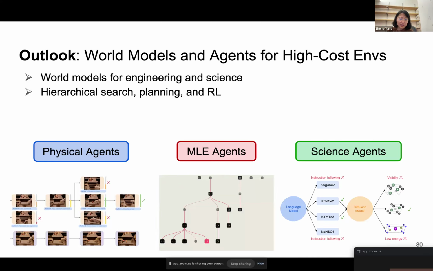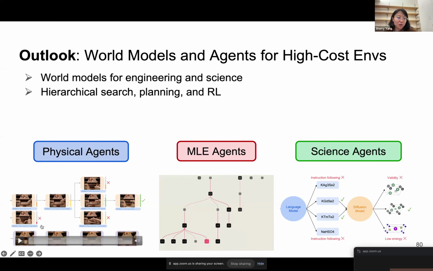Another connection across these three different domains is that, as you may have seen in these plots for the second and third parts of the talk, all three domains touch on some notion of abstraction, right? Where you probably have some high-level language plans. For MLE, you have high-level language plans and low-level code, and for RL, it's actually optimizing both the high-level plan and the low-level code. But when you apply some search on top of it, you can always find good high-level plans before finding good low-level code and so on. Similarly for the science agents, we generate formulas first before generating structures to narrow down the search space for good solutions, right?